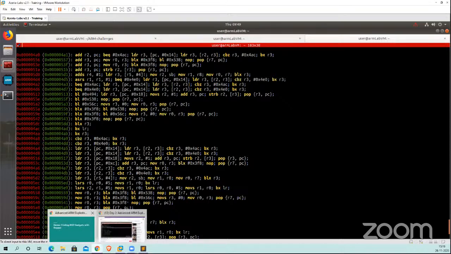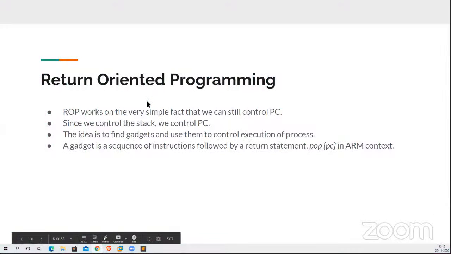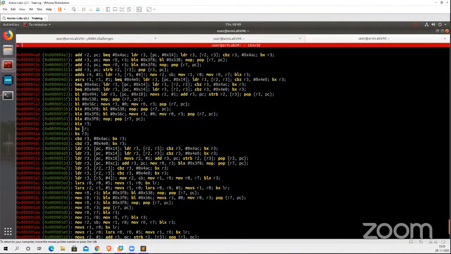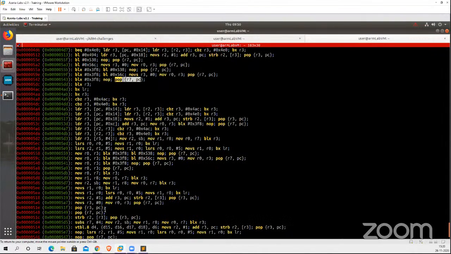So as I said, a gadget is a sequence of instructions followed by a return statement, which is basically a pop PC, right? Or something else, for example BX. So if you control the contents of the LR register, you can directly jump to it. Or if you control the contents of the R3 register. Looking at a few more complex ones, there's a NOP instruction, there's a POP instruction, right? There's a POP R3, PC, POP R7, PC,